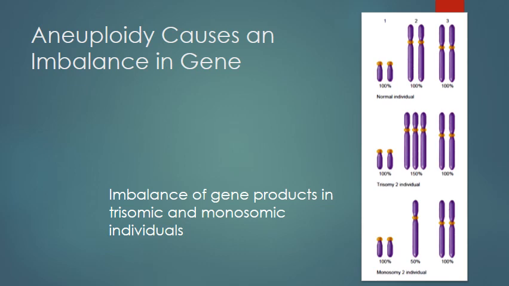In other words, when a human is diploid, the balance of gene expression among many different genes usually produces a person with a normal phenotype. So aneuploidy commonly causes an abnormal phenotype. To understand why, consider the relationship between gene expression and chromosome number in a species that has 3 pairs of chromosomes, as shown in this figure. The level of gene expression is influenced by the number of genes